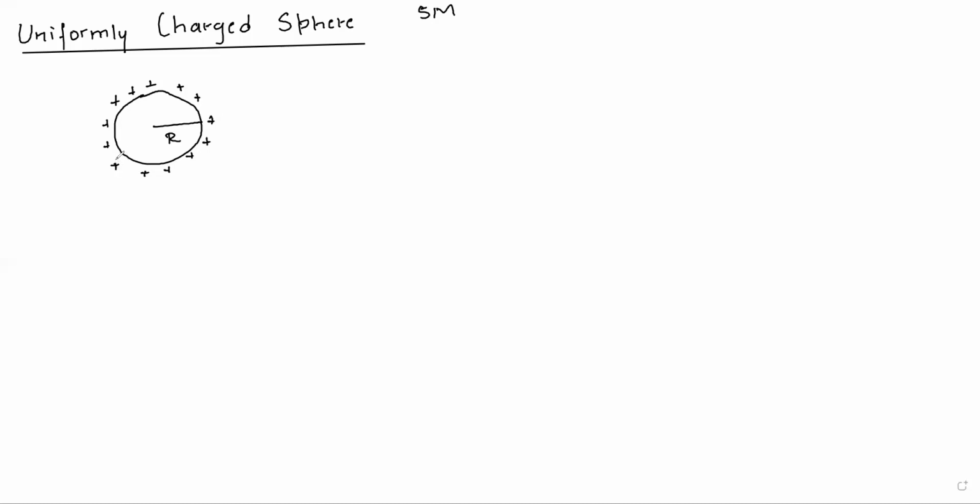So now let us consider the concept of surface charge density, and the expression for surface charge density is given by sigma is equal to delta q divided by delta s. Delta s is nothing but the area of the sphere. So I can write sigma as q by 4 pi R square. This expression is for reference purpose. We are going to use it to solve the three cases in this derivation, where 4 pi R square is the area of the sphere.